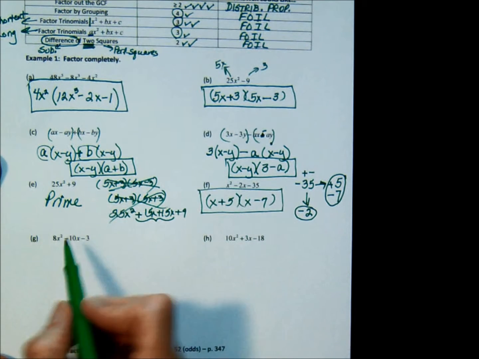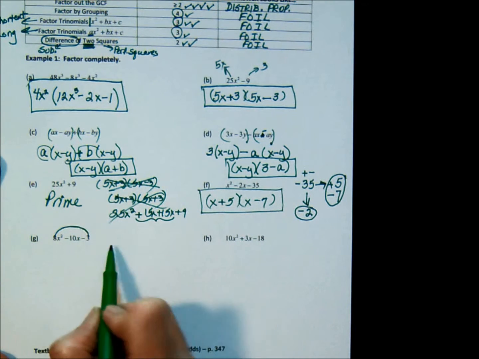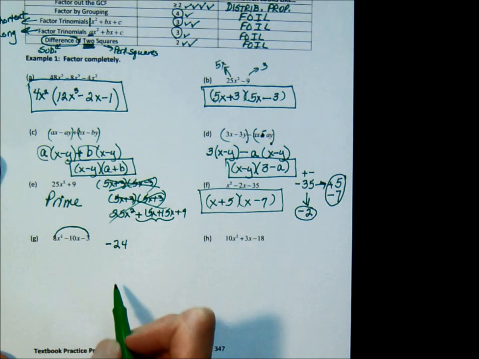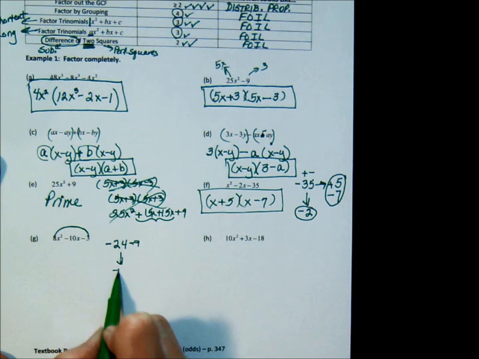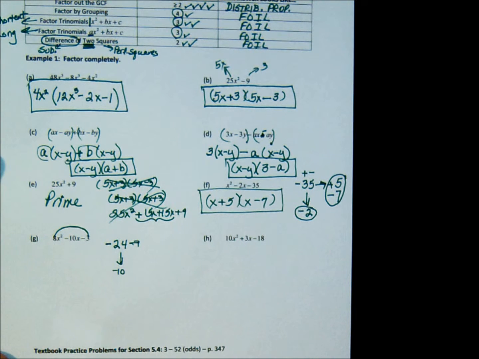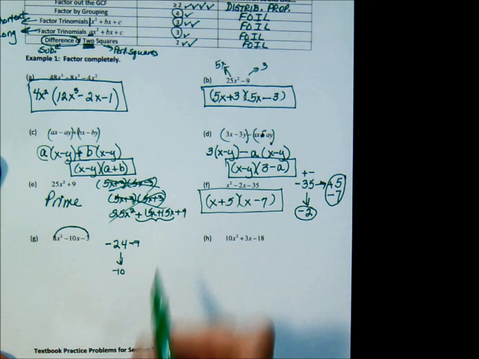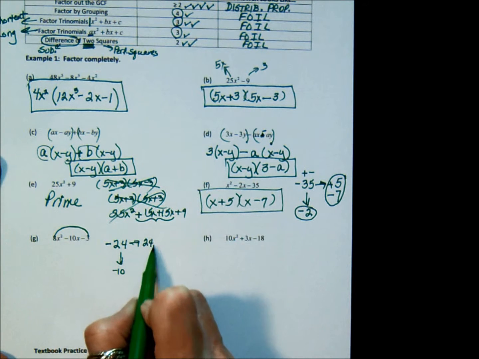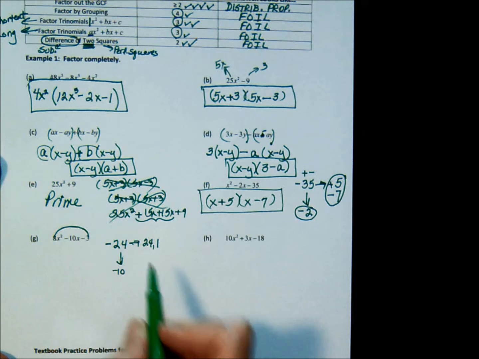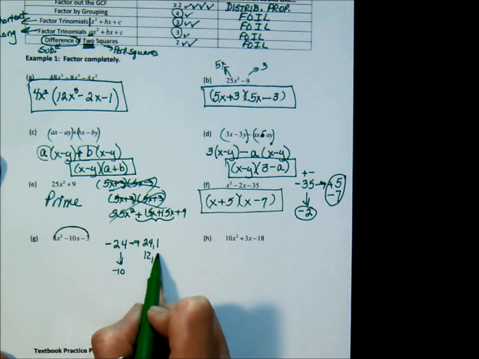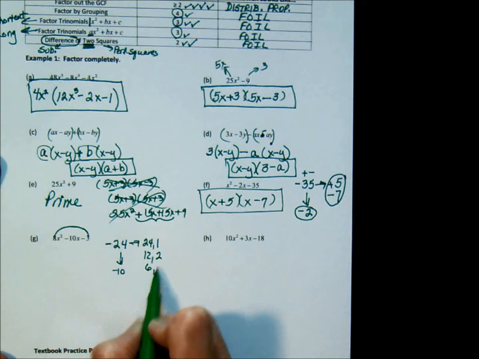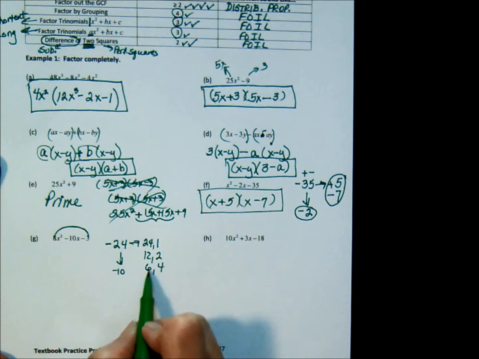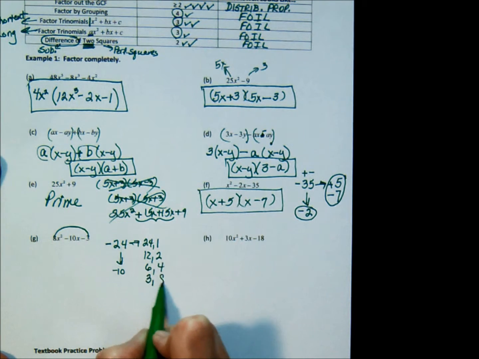So we're going to say 8 times negative 3 is negative 24. And I want factors of negative 24 that add up to negative 10. So let's list all the factors of 24 and then we'll figure out the signs. 24 times 1, I'm going to divide that by 2, multiply that by 2. I'm going to divide this by 2, multiply this by 2. I'm going to divide this by 2, multiply the 4 by 2, and I have a list of everything that